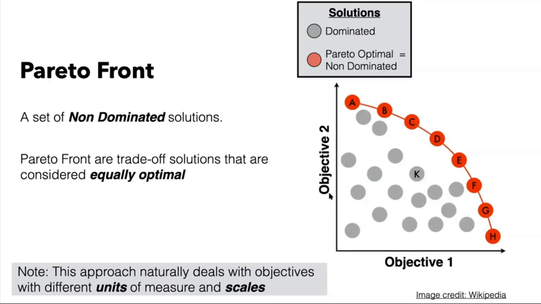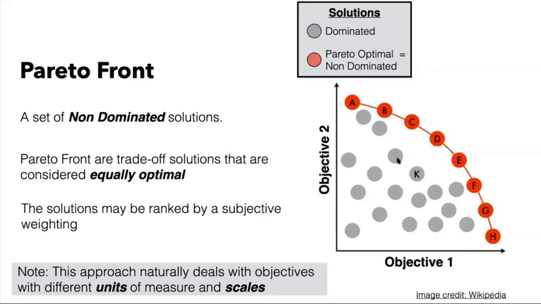And so I know that you're looking at this and you want to say, oh, but D is the most optimal. At the end of the day, yes, we're going to apply subjectivity, but that's only after we get the full snapshot of the solution space. So once we have this, then we can make a subjective decision which way we want to go. Do we want to go to D? We want to go to H, or any combination, depending on how many solutions we can make in our decision,